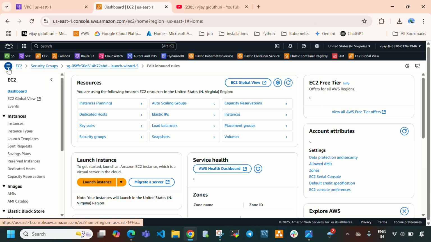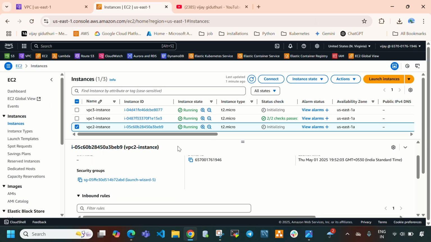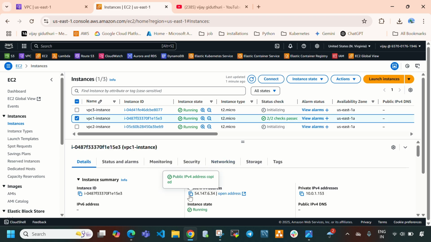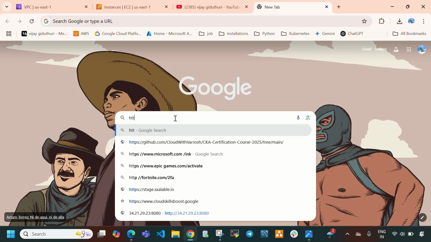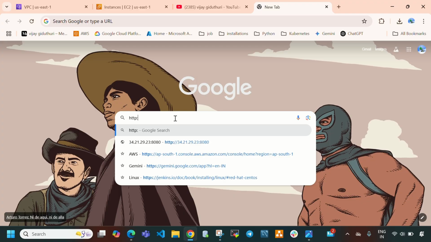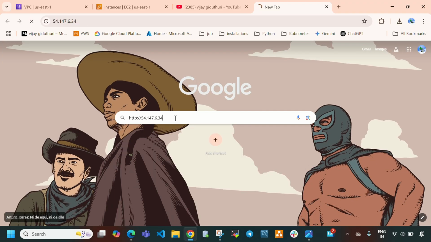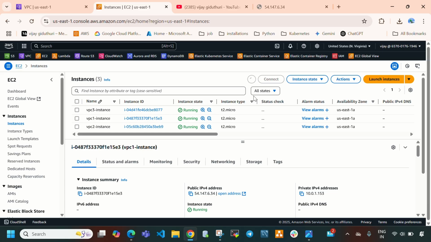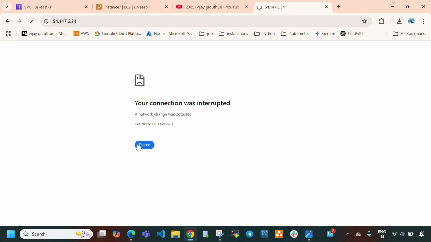So let me directly select here EC2 and let me copy VPC1 public IP address and open a new tab and here HTTP colon slash slash, paste this public IP address. So it needs to show hello from instance 1. Okay, so let's wait, it is loading. Let me reload this.